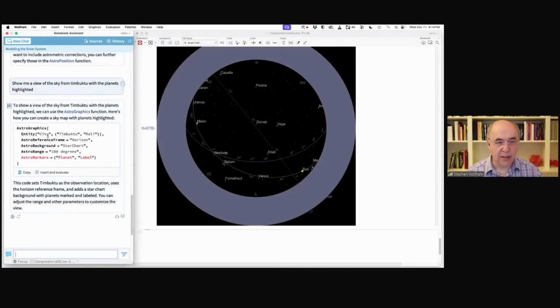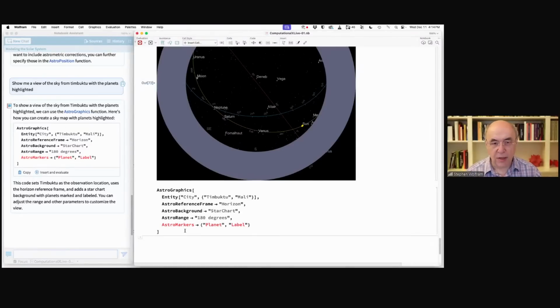Interesting. It's trying to put markers there, which it may not be able to do. But let's see whether we can at least get the basics to work here. So this is showing us, okay, from the entity City Timbuktu Mali, I don't know if that's, let's see if that works. Interesting, that did not like it. Let's just see whether that,